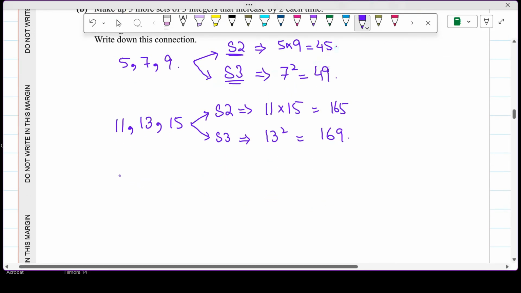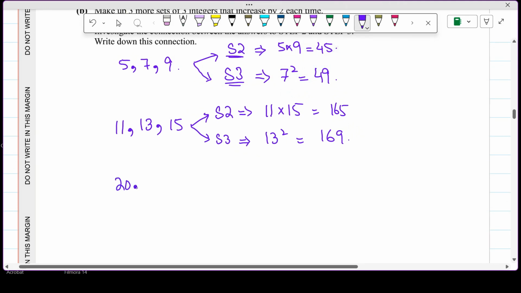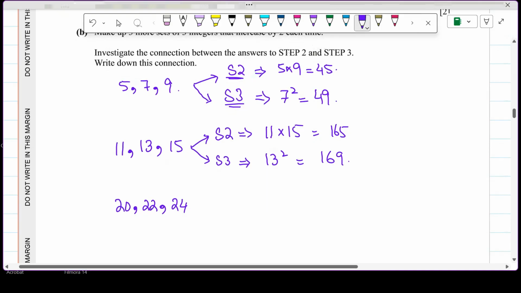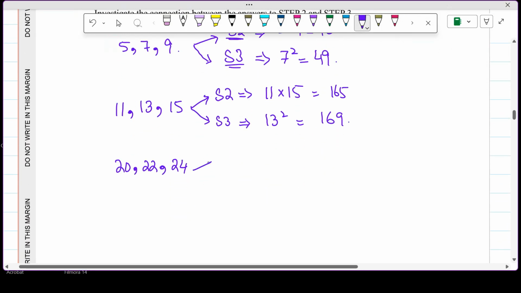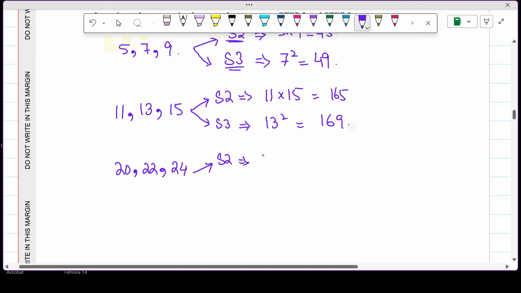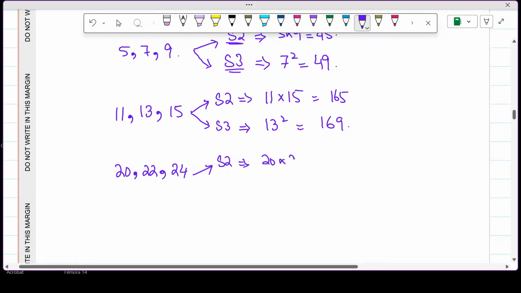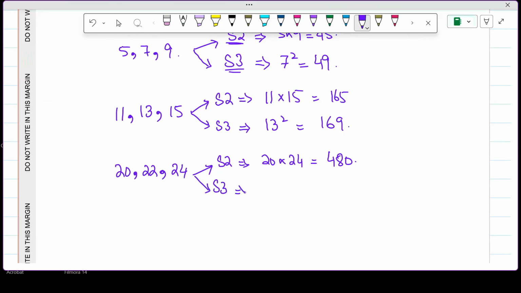Similarly, we take the numbers 20, 22, 24, which have a difference of 2. You can see the increment of 2. Now apply step 2 again, the multiplication of the first and last integer, so 20 times 24 equals 480. Similarly, when we apply step 3, the square of the middle term, 22 squared,